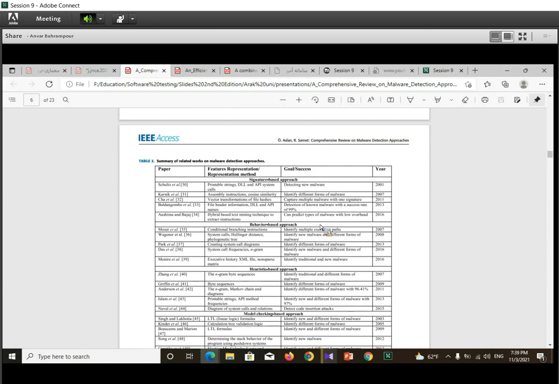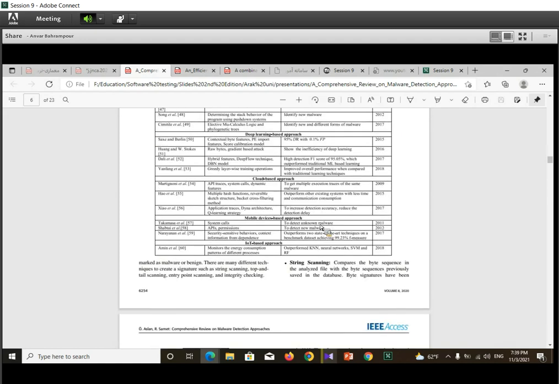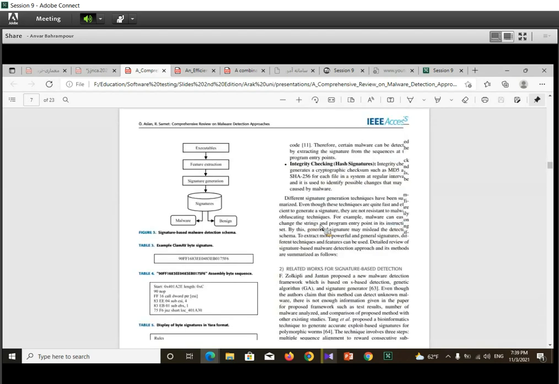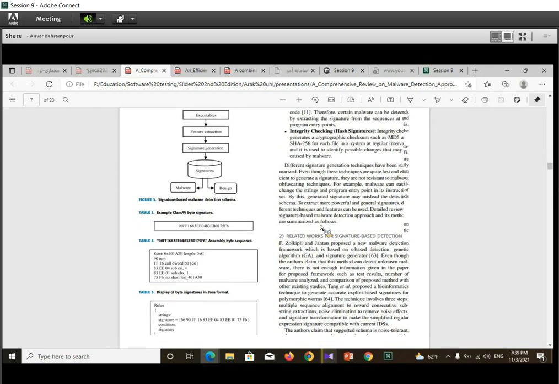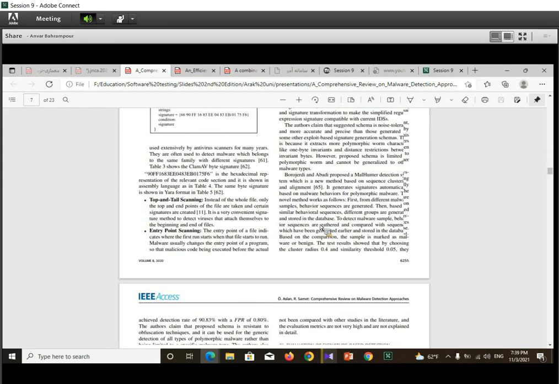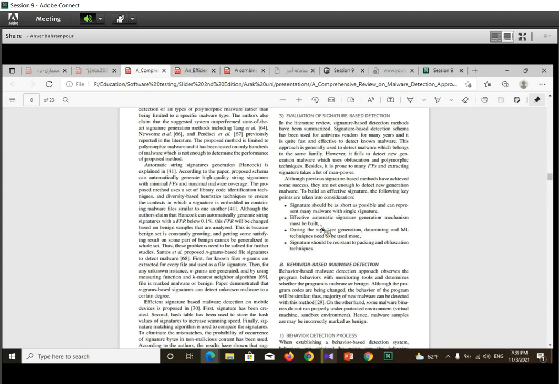Some approaches are categorized in these tables and compared with each other, and the last part of these papers usually gives some strengths and weaknesses of the discussed approaches introduced in the body of the paper.